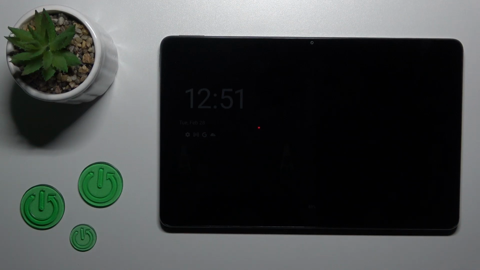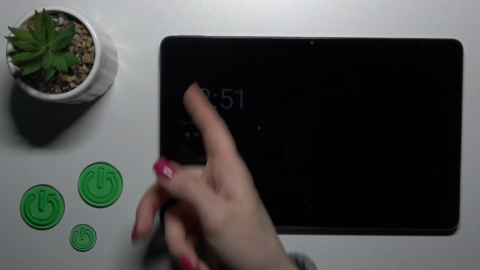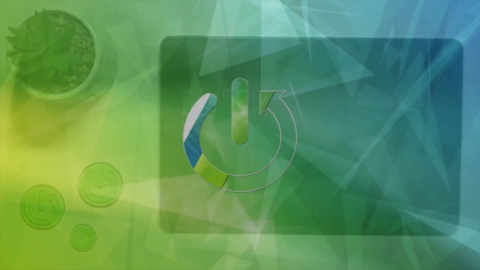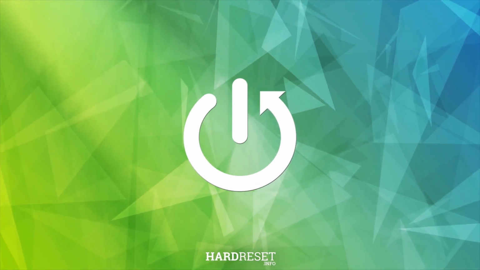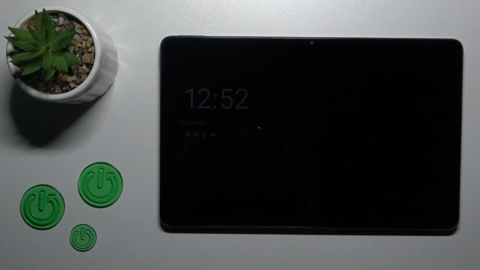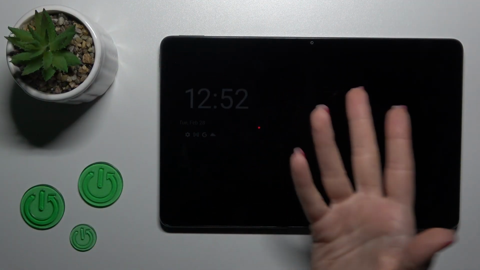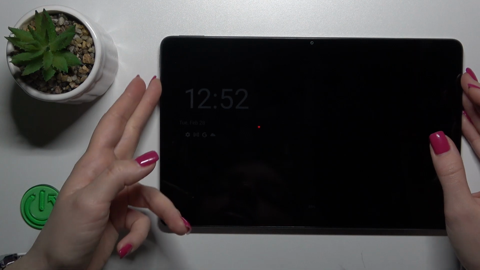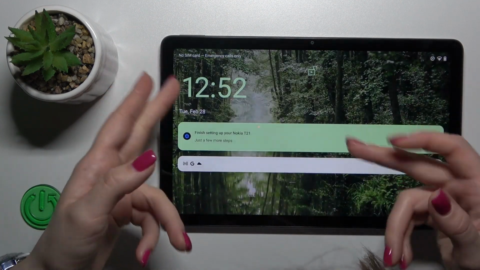Hi, today I'm here with the Nokia T21 and I'll show you how to turn off the always on display option on this device. So if you want to just turn off the shown time and info, just date and the notifications from your lock